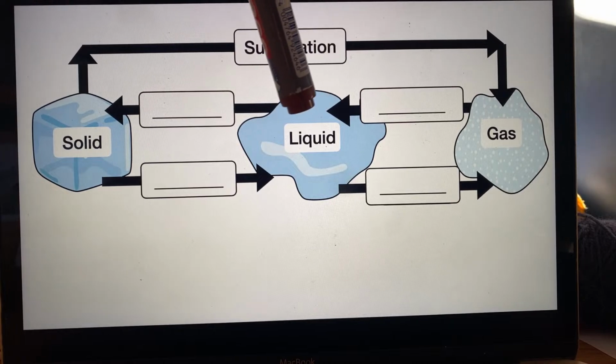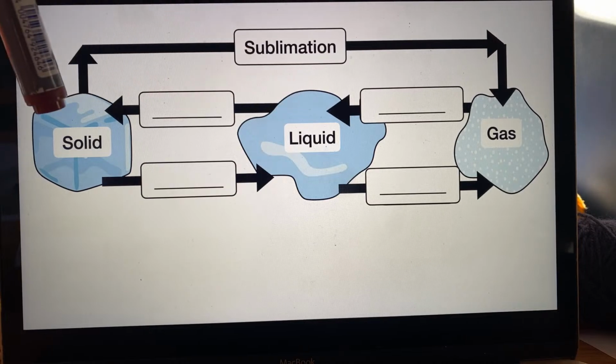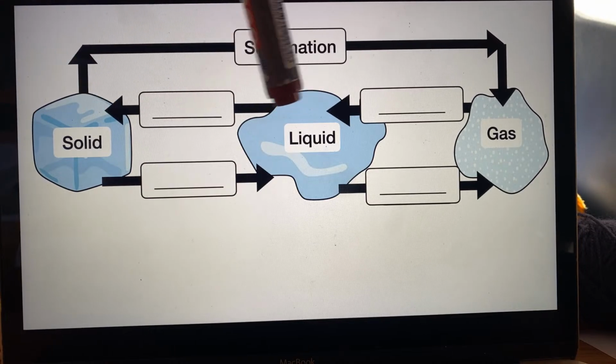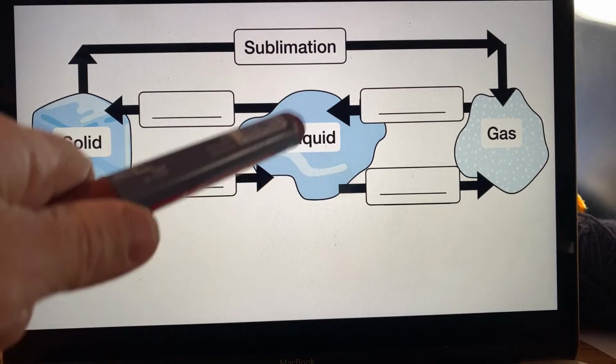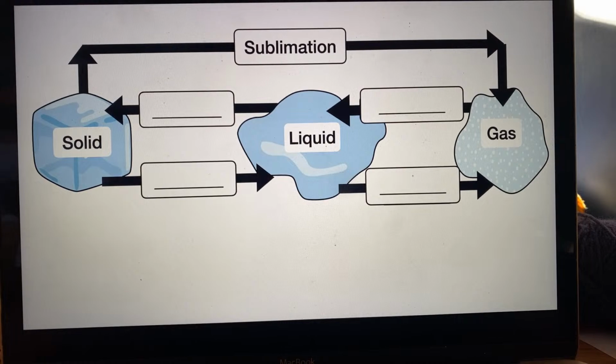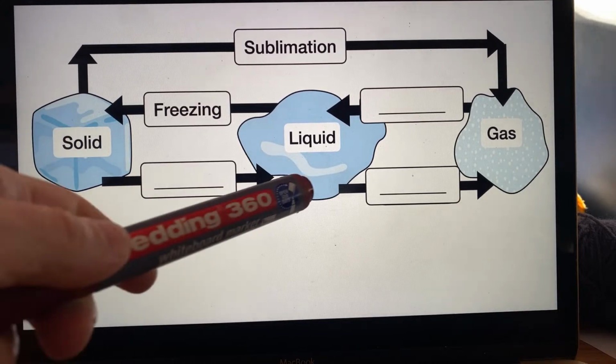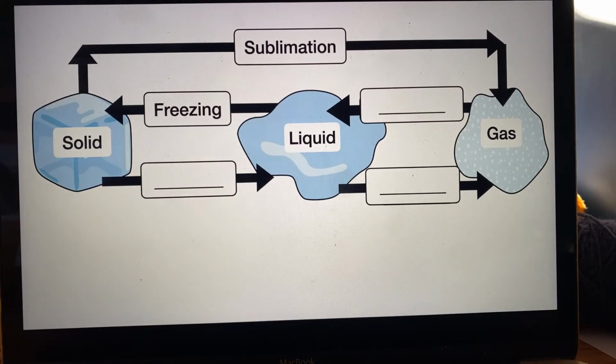You probably know that when a liquid turns into a solid, what's that word? Water's the easiest one to remember because humans talk about water a lot. When liquid water turns into solid water, you're probably comfortable with the word freezing. That is what's happened. When a solid turns into a liquid, when solid ice turns into liquid water, we say that it is melted, and that is the proper science word you would use in your exam.